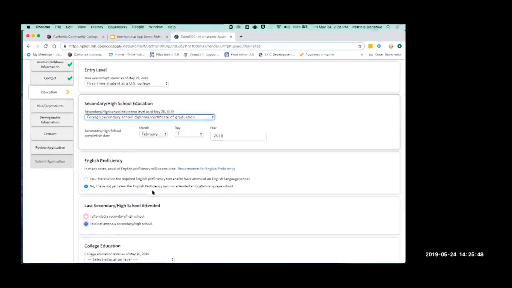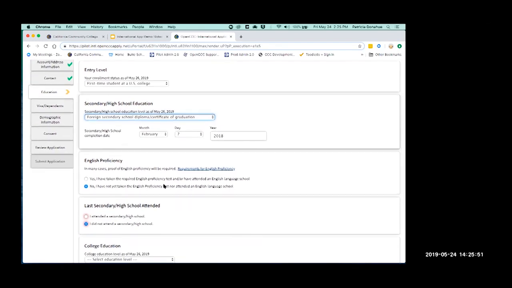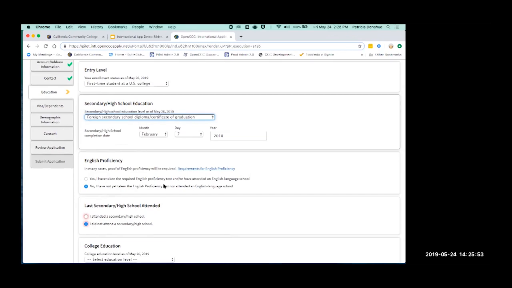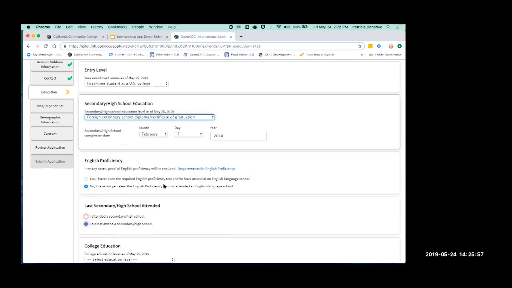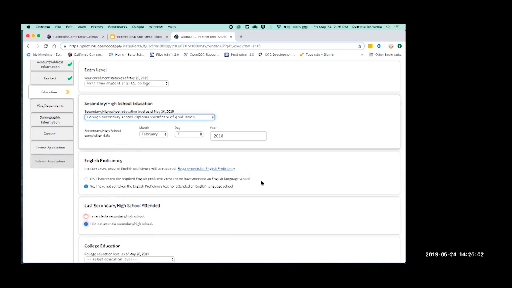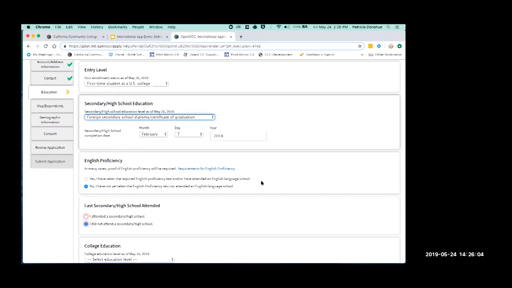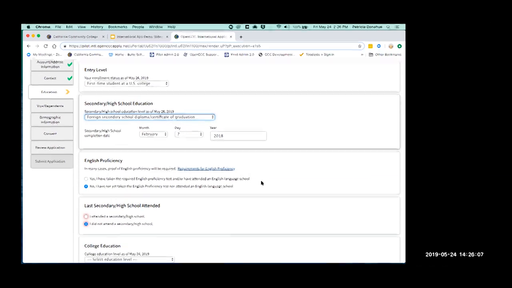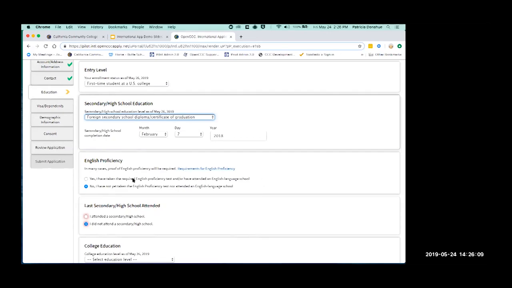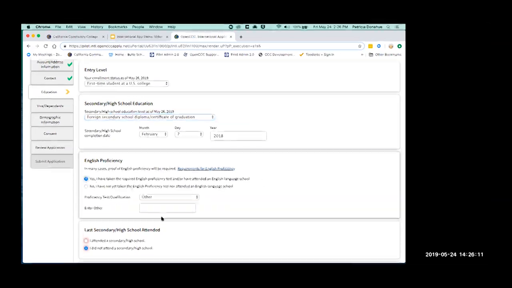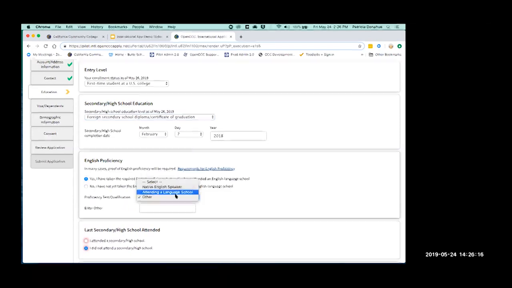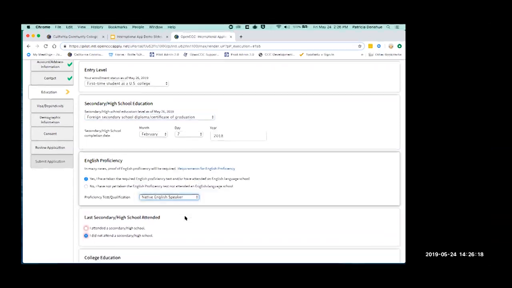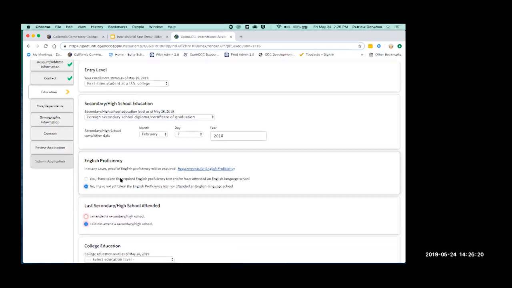The English proficiency section is actually optional in the international application. The college decides if they want to display this question, and they toggle it on or off in the administrator. So this college has decided that they want to ask if the incoming student has any proof of English proficiency. If the student does, you can say yes, and they can set up requesting additional information, or they can click